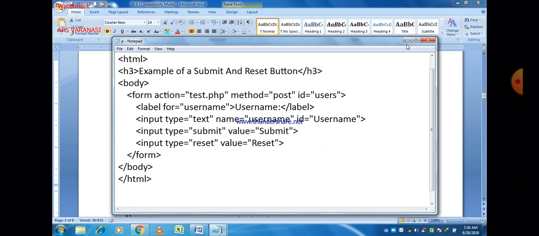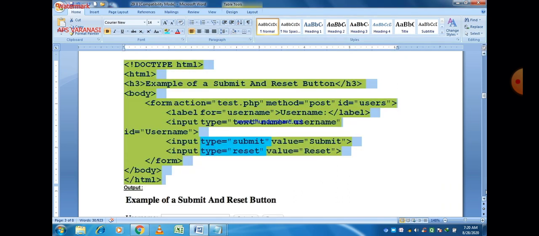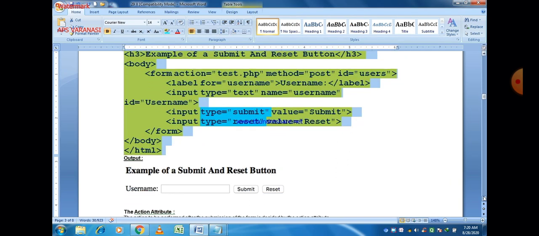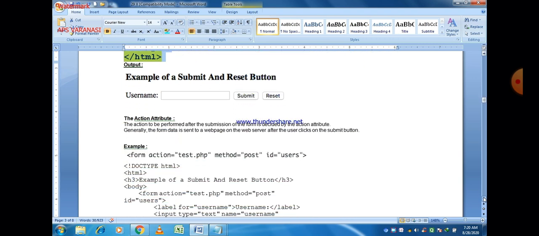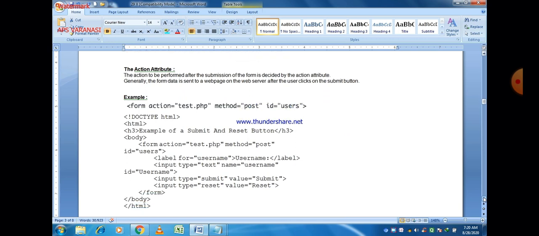So the submit button submits the value, and reset basically clears that value. So the output looks like this. These are the different form options.